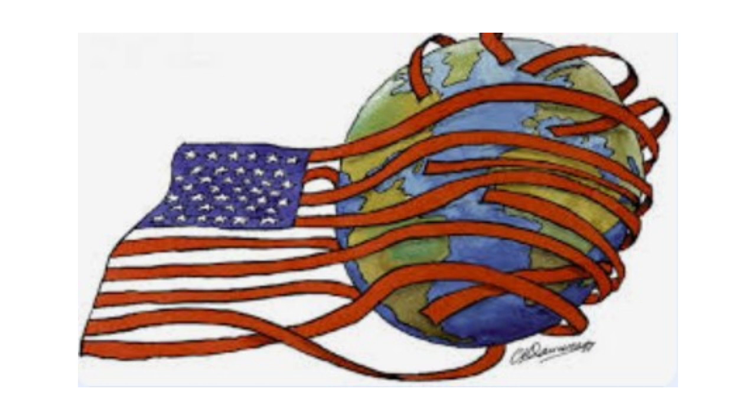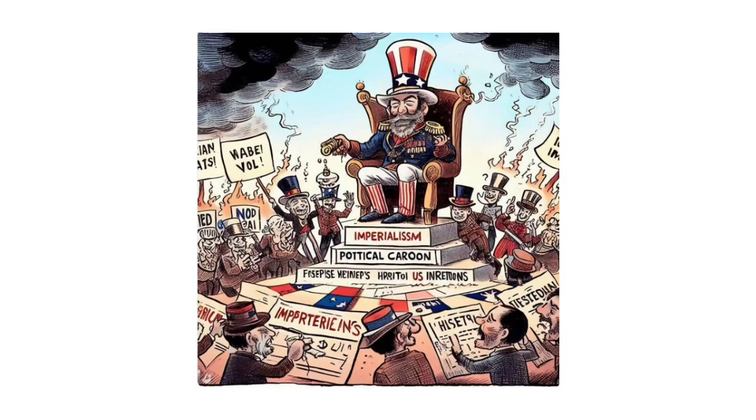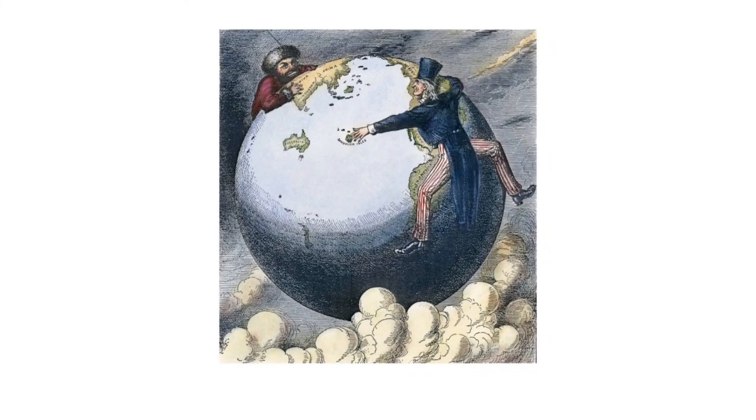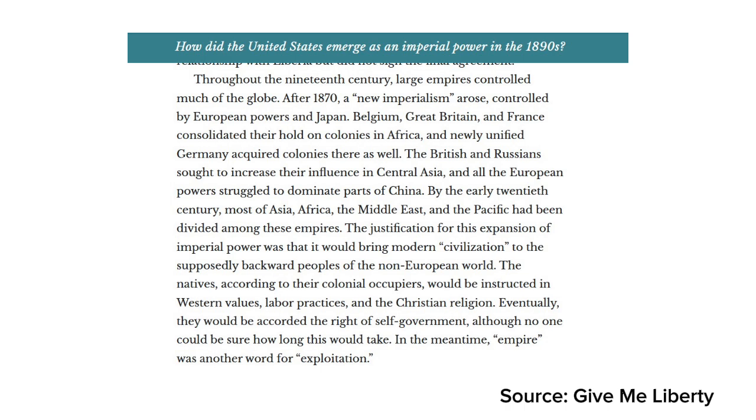Today let's talk about how America's imperial power grew up and how the US became a global power. Let me take you back to the late 19th century, when America's rise as an imperial power looked a lot like European empire and imperialism, because both used the same idea of civilizing supposedly less advanced nations, something Eric Foner explains in Give Me Liberty when he describes how Americans believed that they had a duty to uplift, educate, and modernize other peoples.